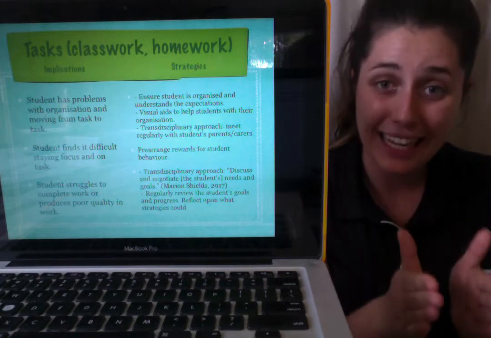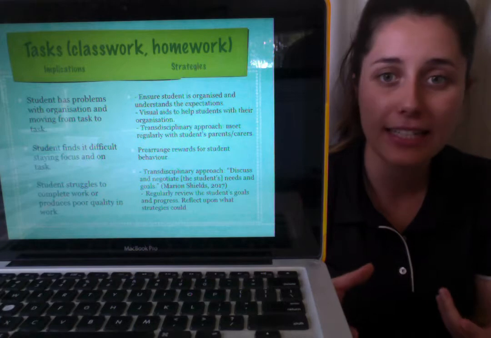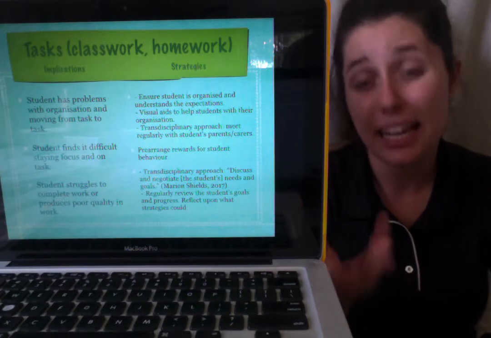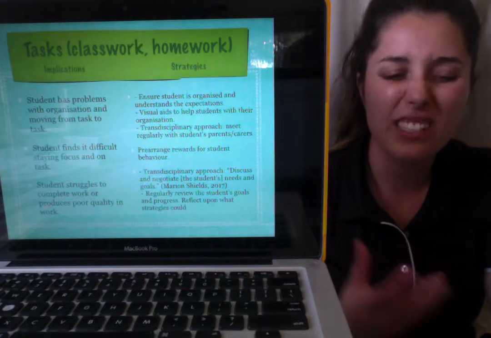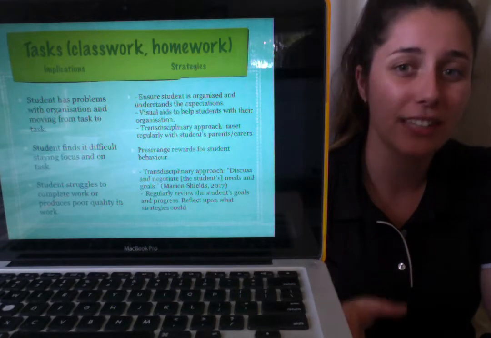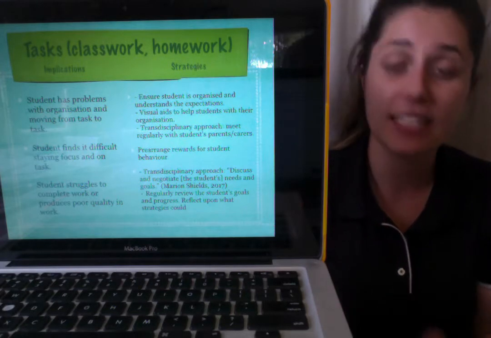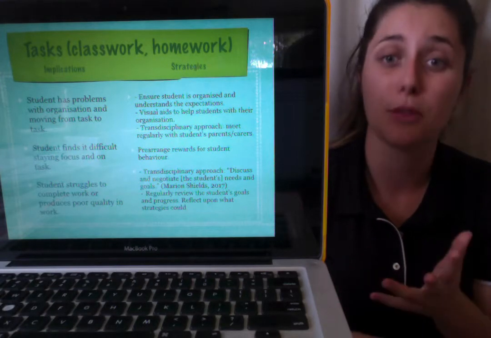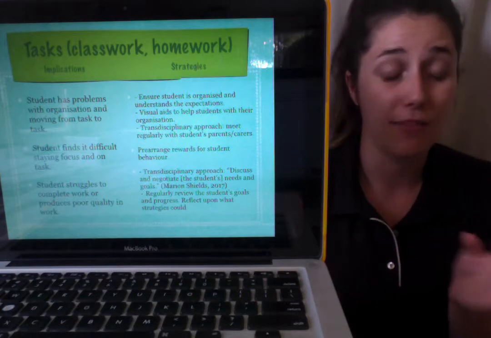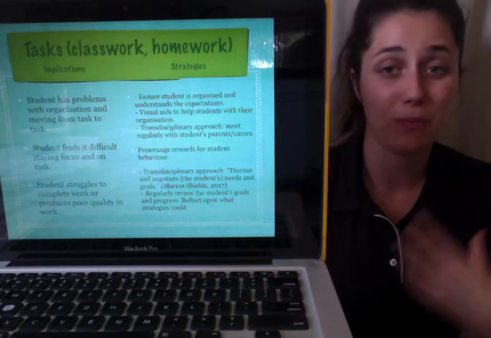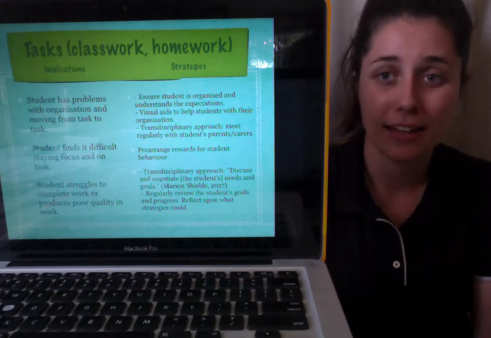They have clear set goals, clear set guidelines, not rules, but in some cases some rules. But when it's more homework and task related, we have set instructions. We go, okay, so this is number 1, this is number 2, this is number 3. They know where they're going, they have direction, they have an understanding, whether we have to explain it once, twice, 1,000 times over, as long as the student's getting it.